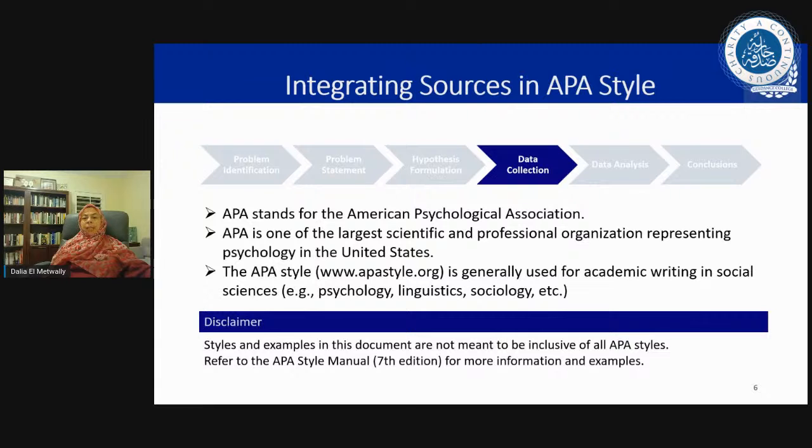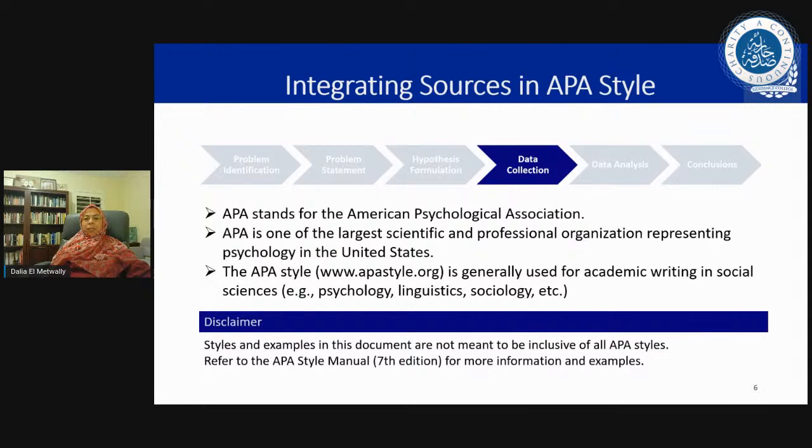Now, Guidance College has a whole course that I actually teach. It's about research methodology. How am I going to do the research from A to Z? And there are a number of other colleges out there in the United States and in other places that do the same thing. So what does APA stand for?